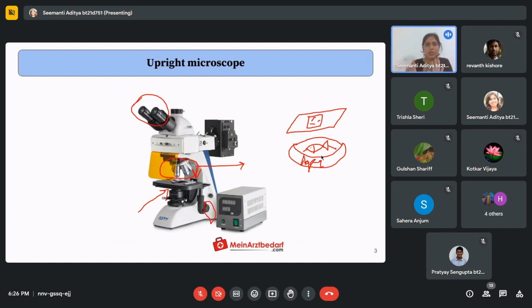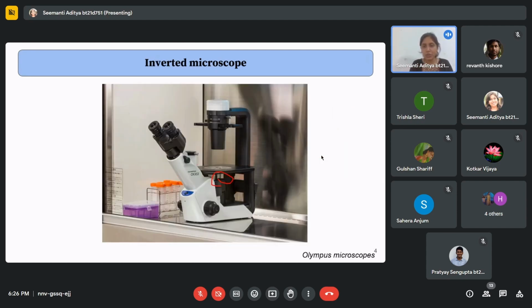So it is very important to tell the microscope manufacturing company what your requirements are, and accordingly they will customize the microscope working distance, because that is very, very important to have a proper view of whatever sample you are trying to image. So basically in an inverted microscope also we have the objectives which are placed inside, in the inner part of the microscope,